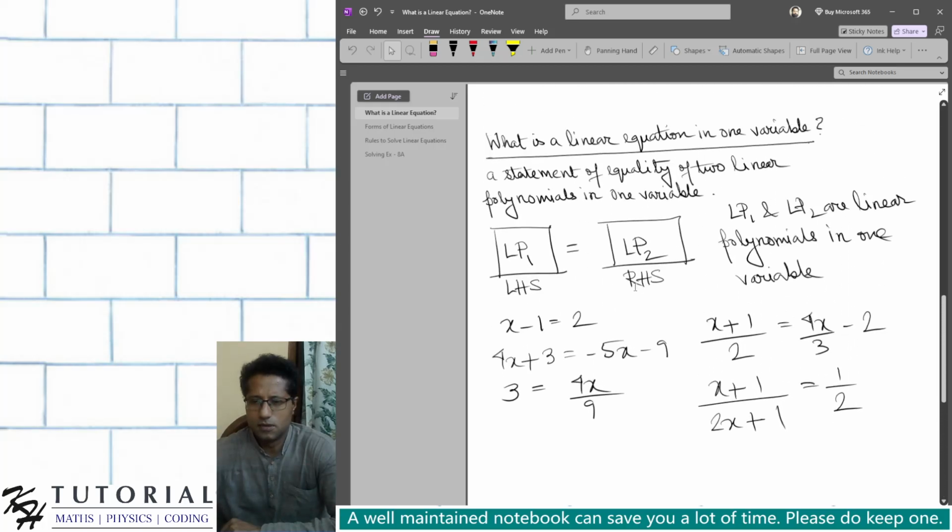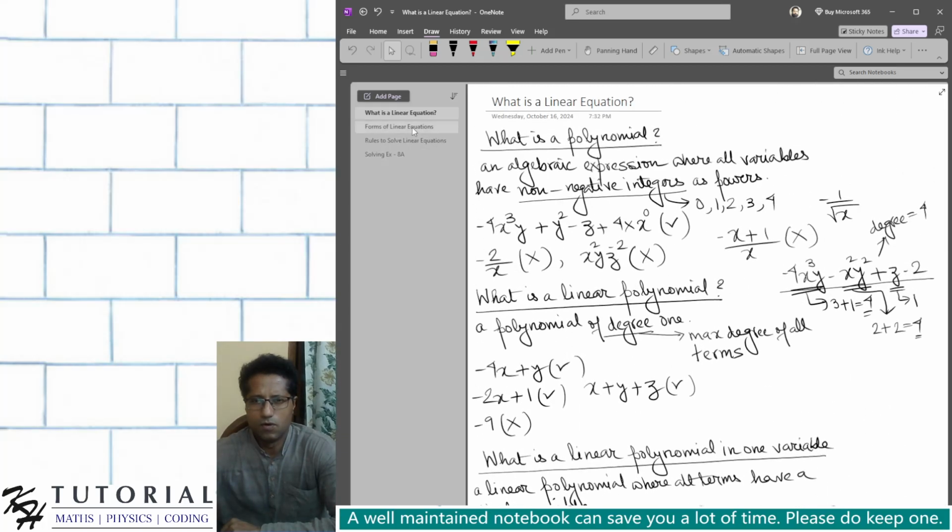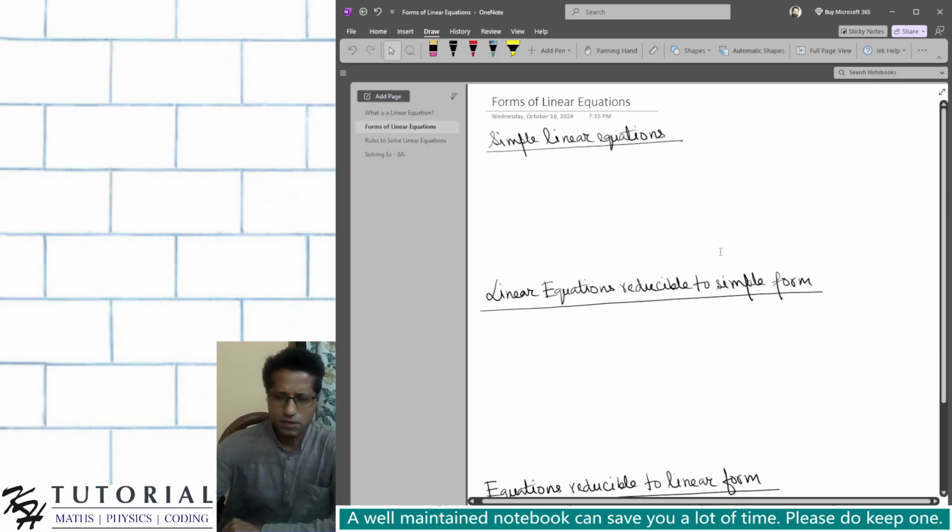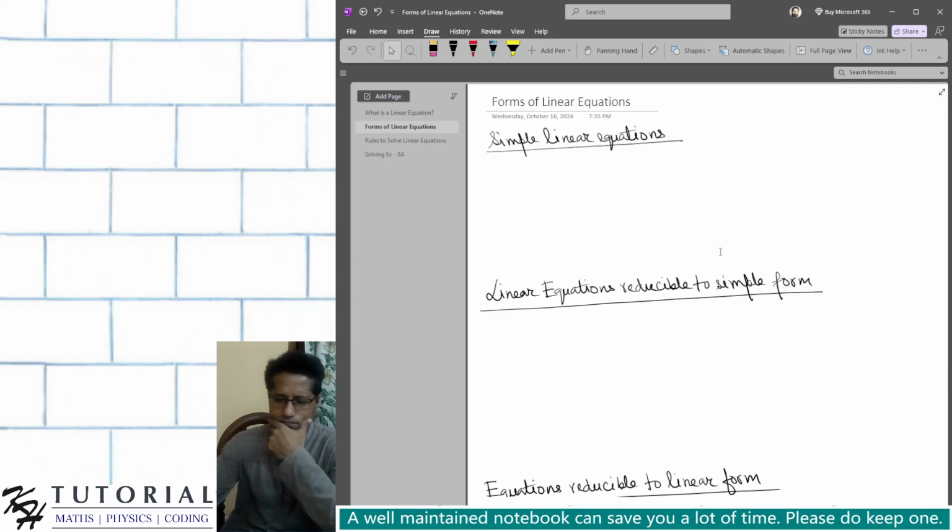Okay, now let's understand what are the forms of linear equation. So we have understood what is a linear equation in one variable. That is, it is a statement of equality where at least either the LHS or RHS of the equality sign has to be a linear polynomial in one variable. Now there are some forms of linear equations. Let's try to understand that. The first one is the simple linear equations. Now in a simple